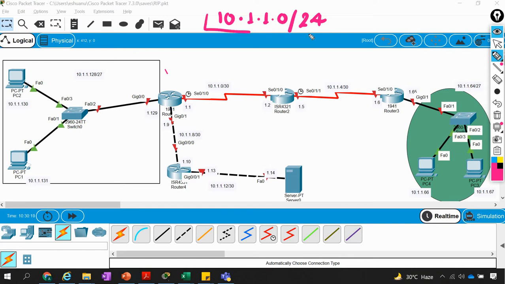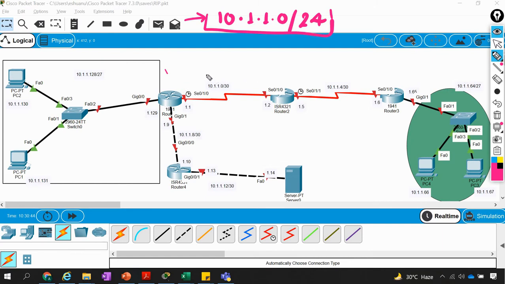Okay, this one network they have given, 10.1.1.0 network /24, and you have to use this one network effectively on this network. So now your job is to assign the IP addresses on the different interfaces of the router.